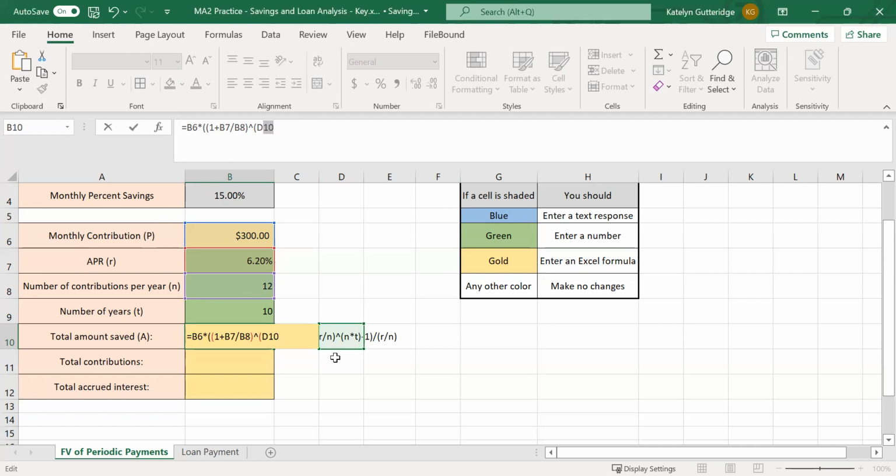All right, so here I need N times t. So I want to grab that 12. I'm going to click on that 12, type my star, and then I need my t, which is time. So I want to click on that 10. And then I'm going to close the parentheses,